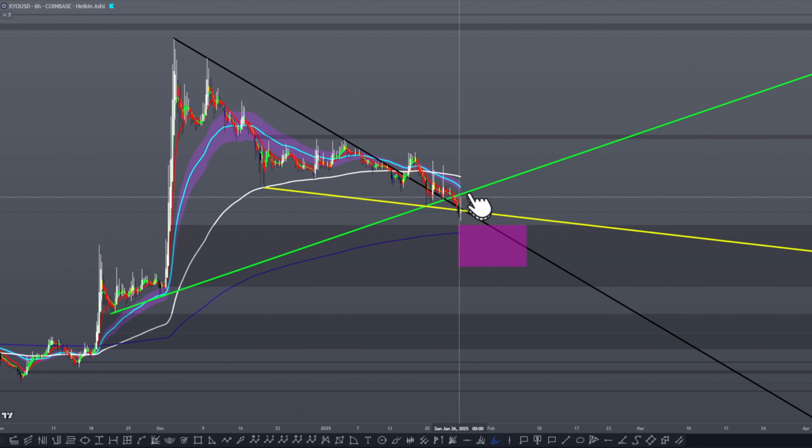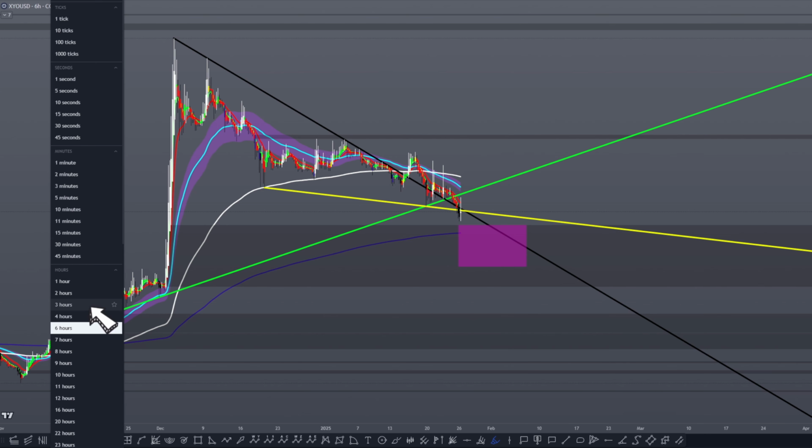There's also this ascending green support that I pointed out in the last video that recently has been broken. Just to get this out of the way again, I want to restate that this pink box denoting a penny all the way up to the rest of the vector zone that's left at around basically 0.13 on the dot. I do not personally want to see XYO start to close significantly below this, so a penny on the daily or higher. But zooming in here to go to a lower time frame,